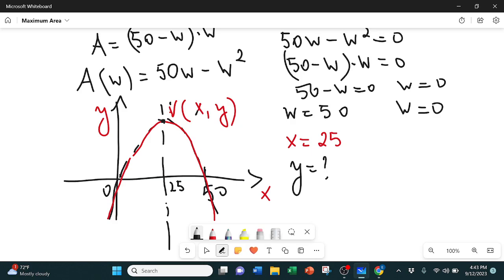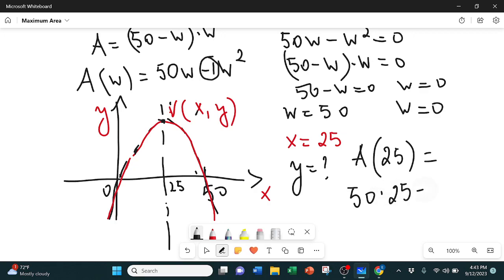As you see from the figure, that's the maximum point, and also the coefficient in front of W squared is here negative 1, so the parabola opens downward. So if we now substitute and find the value of the function A of 25, that's going to be 50 times 25 minus 25 squared. 50 times 25